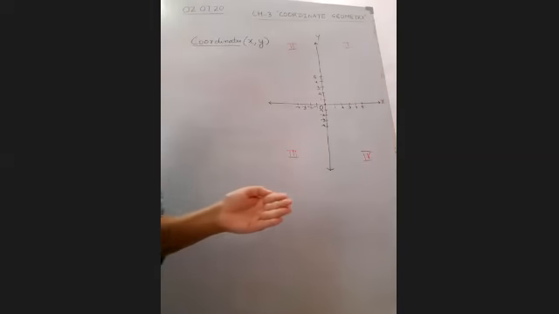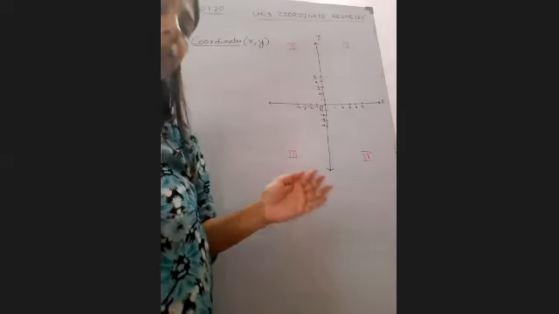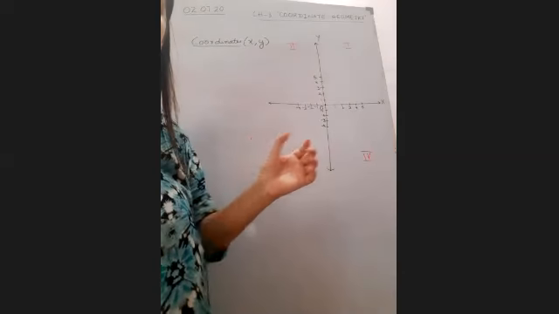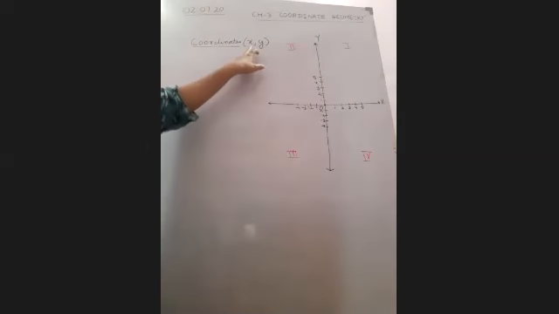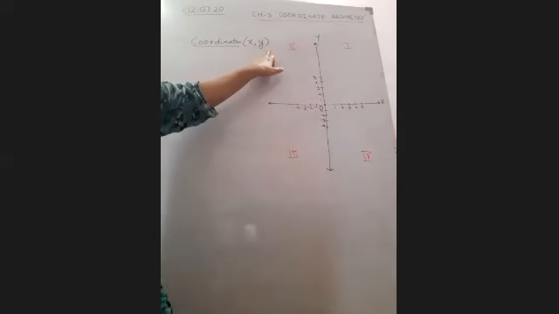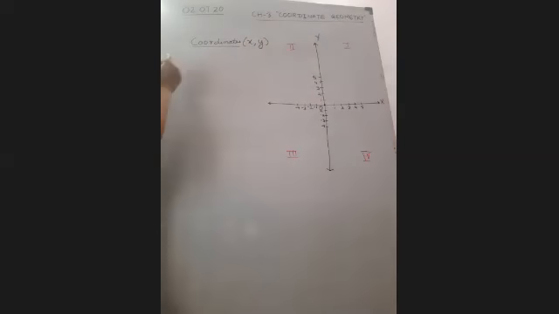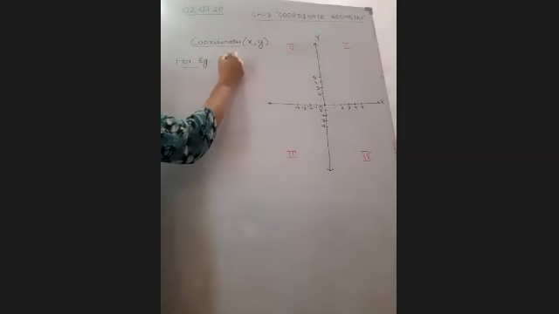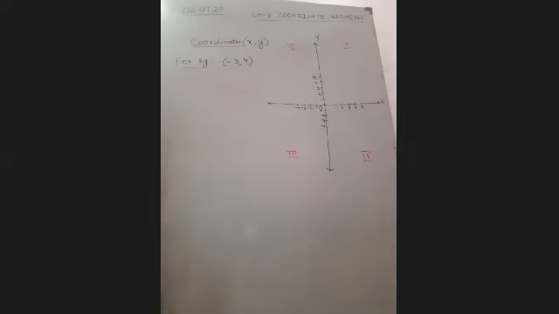You may remember it very easily. In alphabetical order, when you sing A, B, C, D, X, Y, Z, X comes first and then Y. So you can remember X, comma, Y. Right? For example, if I choose a coordinate, let's say -3, 4. Let's see how we are going to get this in the Cartesian plane.